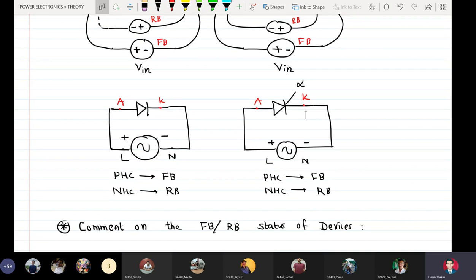Students, this is not the complete understanding of the definitions of forward and reverse bias. Understand one thing: if the potential difference across the diode or SCR is positive, then the device is said to be forward biased. How many of you agree with this? If the potential difference across the device is positive, the device is FB, otherwise it is RB. So saying that if the anode is connected to positive, then the diode and SCR are forward biased is wrong. I can have the anode connected to negative potential and still have the diode forward biased.